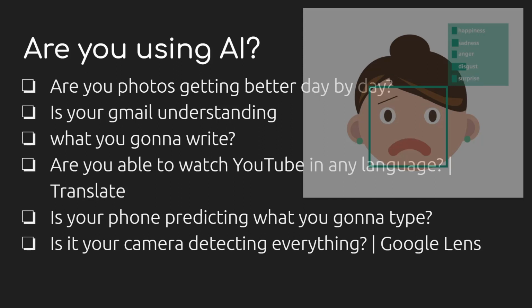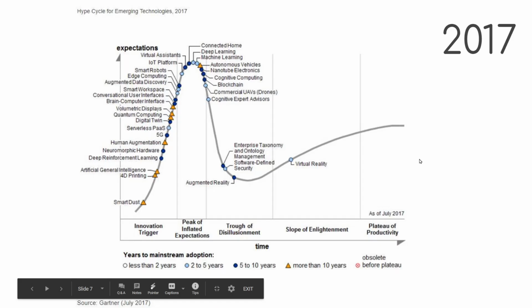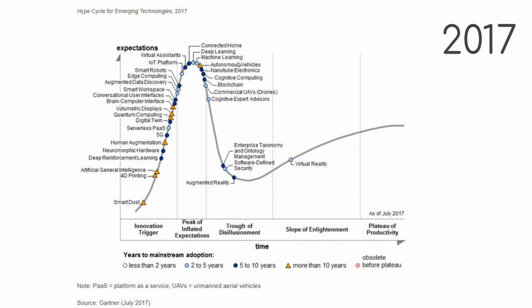Okay, similarly Google Lens is top notch now, so it will automatically detect a lot of stuff. It can be barcodes, QR codes, even any kind of thing to be searched, those kinds of things will come under Google Lens. Then if I have to give the Gartner cycle, you can see this is for 2017. If you look at the top emerging technologies in 2017, IoT is there, machine learning is there, deep learning is on the top.